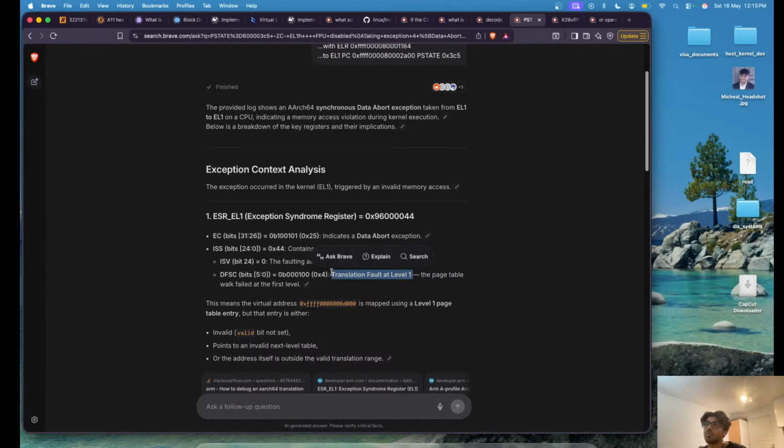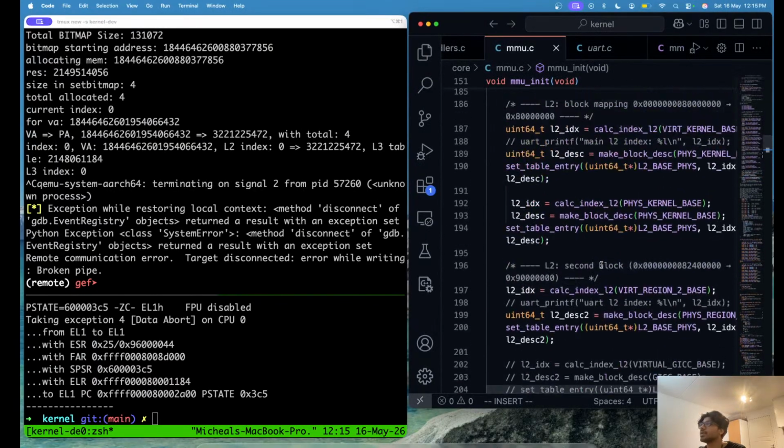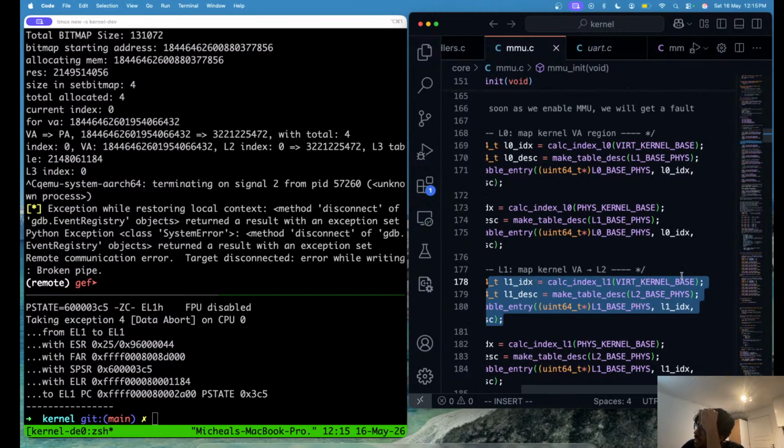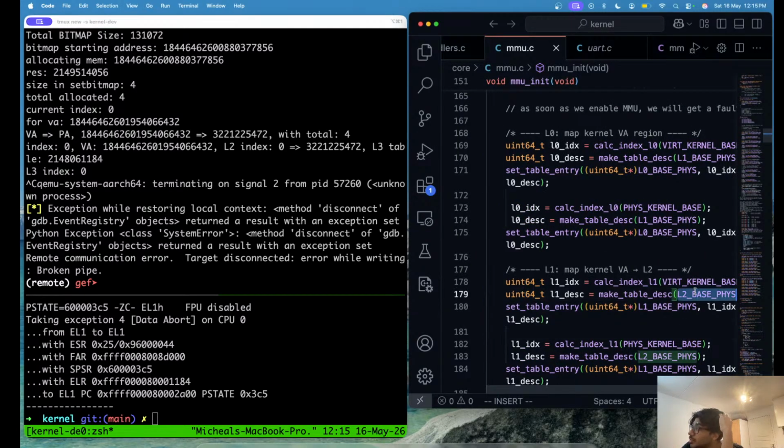Translation fault is level 1. So I need an L1 entry. Okay, fine. So I need an L1 index entry for that, and then I need a new L2 table now,